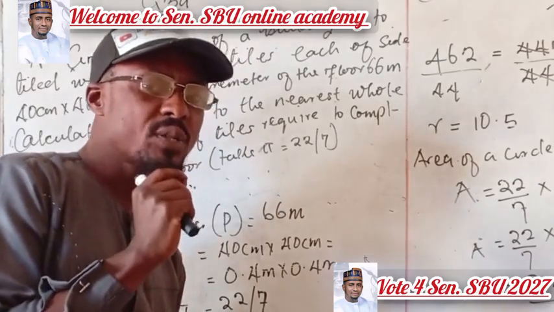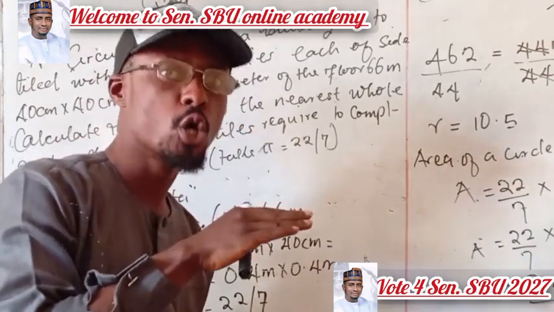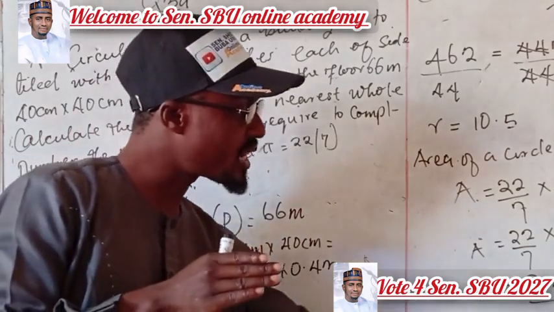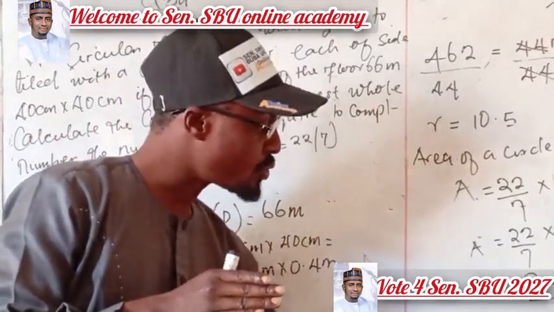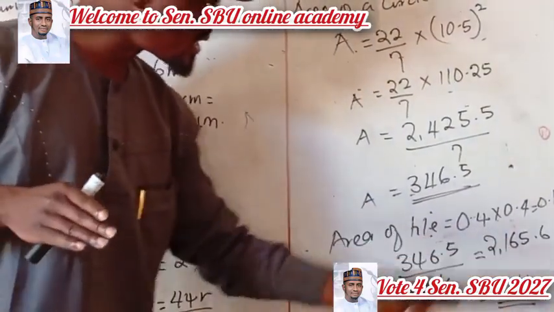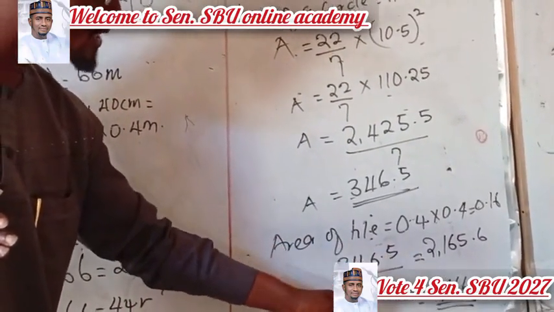Therefore, even without saying, you know that you are trying to divide the capacity of the floor by the capacity of the tile. And the capacity of the floor is 346.5. Therefore, it will be 346.5 divided by the capacity of the tile, which is 0.16. Use your calculator to divide this by this. It gives you